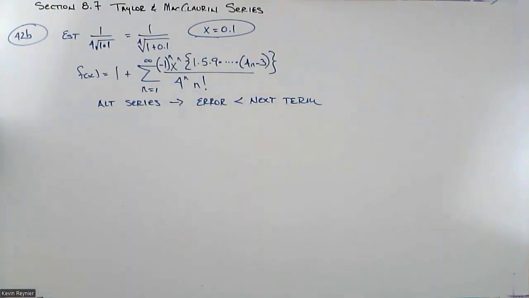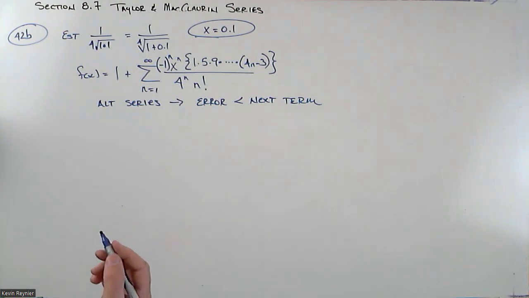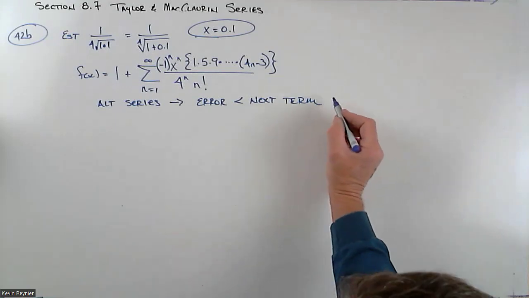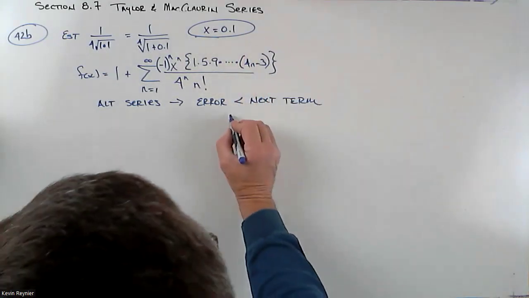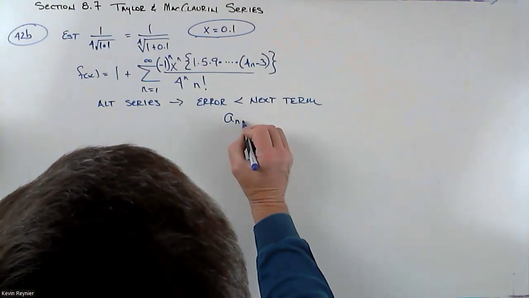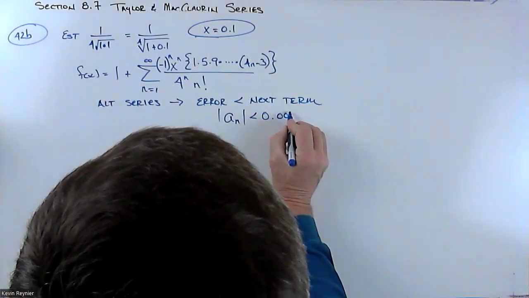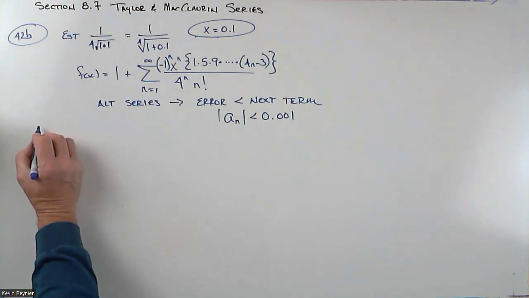The error is less than the very next term. So what do we need to know? Well, we need to find out what term is going to get us an error that's smaller than 0.001. They said correct to 3 decimal places, so we need a sub n, that term, to be less than 0.001. The easiest way to do this is